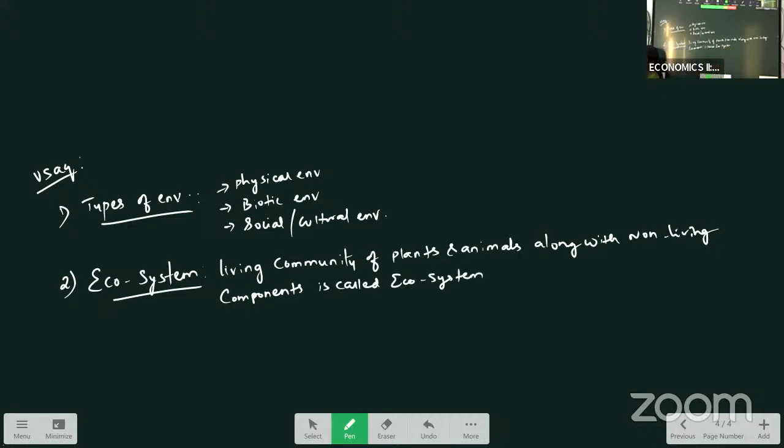So that means our living organisms are dependent on non-living organisms for various reasons,